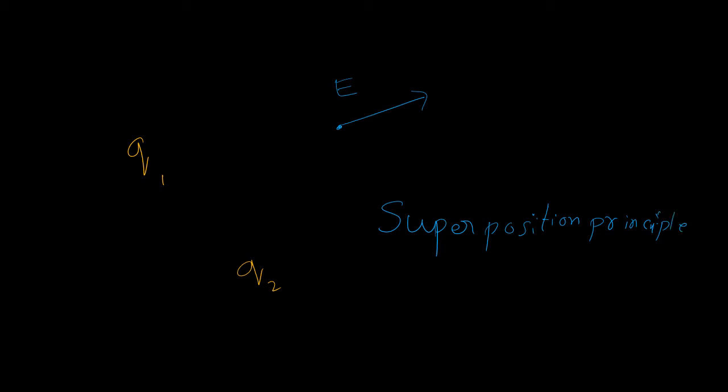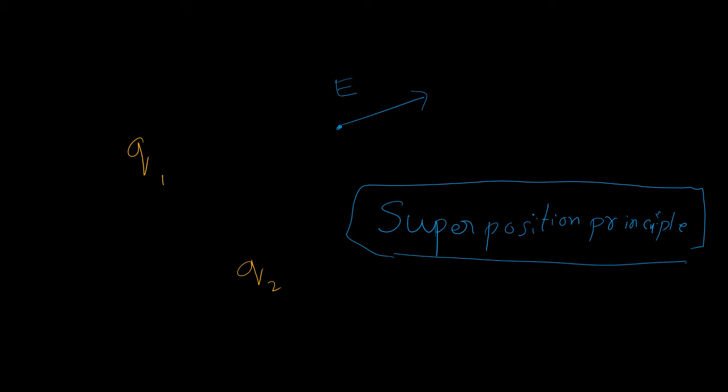It holds good to good extent, but it is found out that it has a violation in very high field strength. But now let us assume it is valid in all of our discussion. What it says is electric field present at any point whenever many charges are present is equal to the resultant of the individual fields.